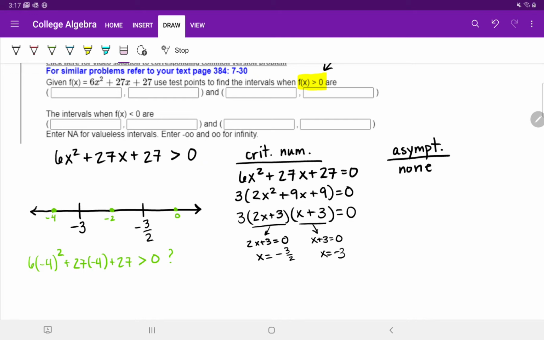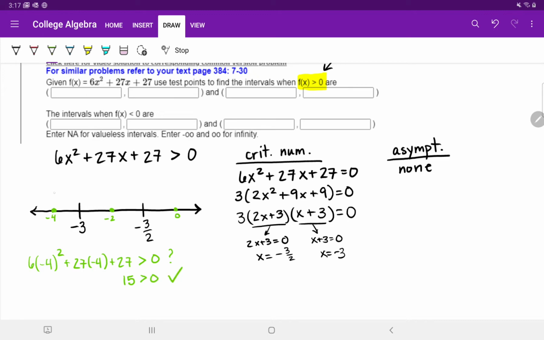If the answer is yes, then the entire interval that negative 4 is a member of is part of your solution set. So plug this into a calculator. When I do that, I get 15